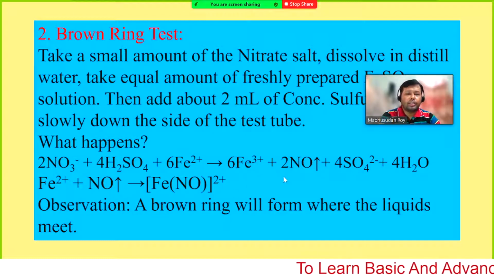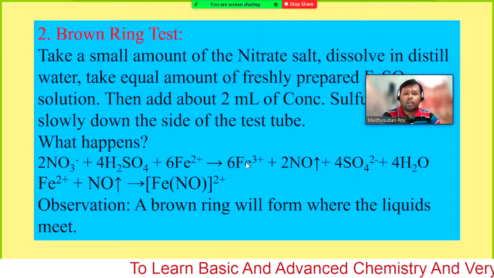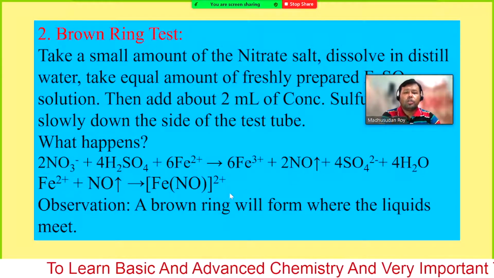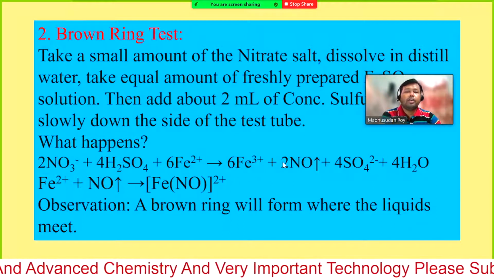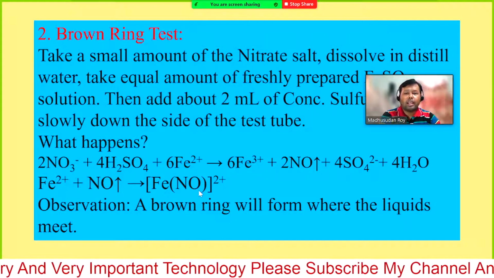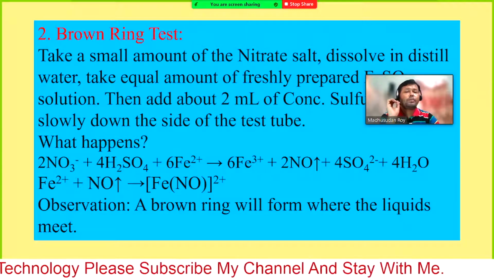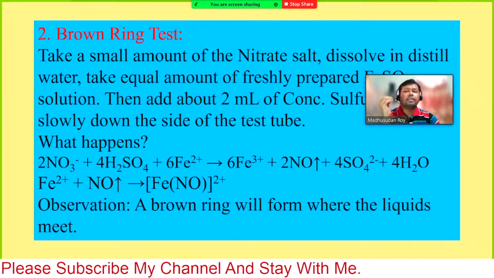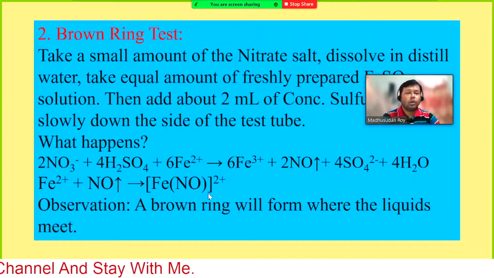will react with this nitric oxide, NO. This will react with NO to form the ring. This will give you the ring in between the layers. So if you add the sulfuric acid immediately, if you add 2 milliliter of sulfuric acid immediately, that will not give you the ring. So you have to add dropwise, so that